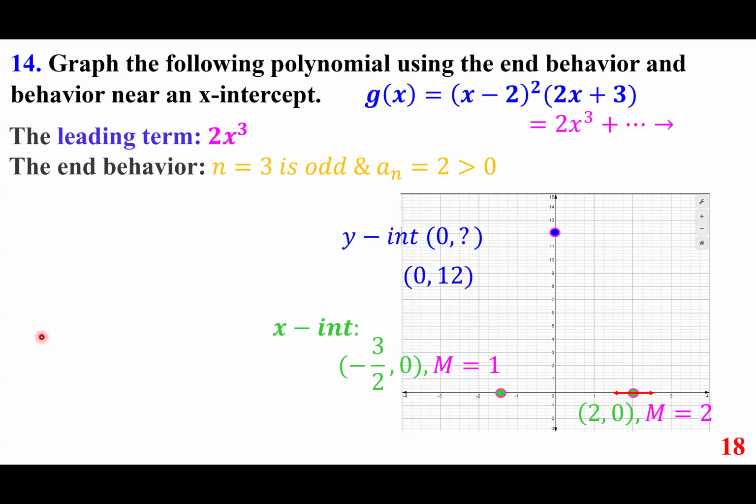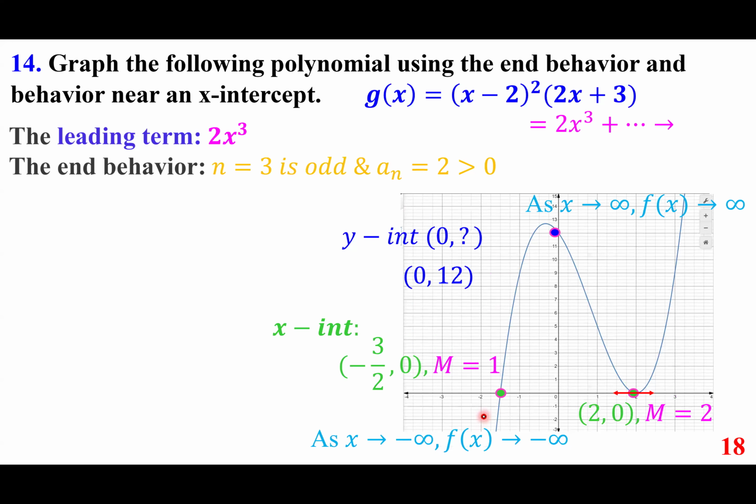So x goes to negative infinity, so does f of x, and x goes to positive infinity, so does f of x. So we come on down here, we hit this one, but we can't cross, we have to bounce back, and then like so. Now, one thing I want to tell you,